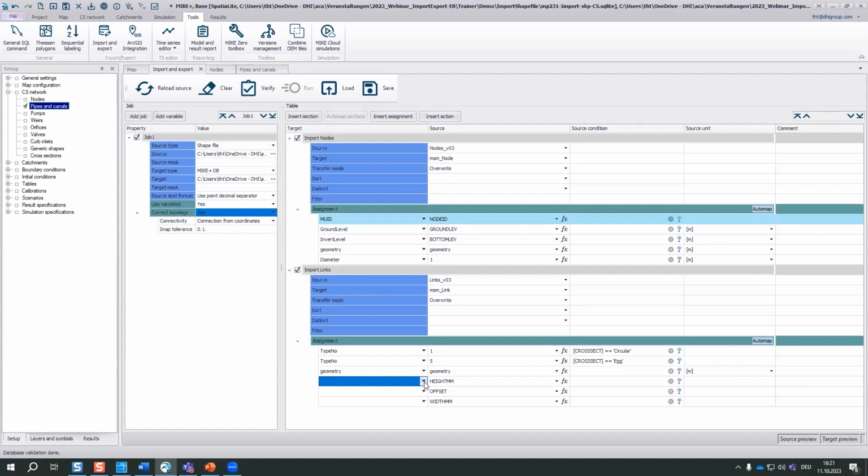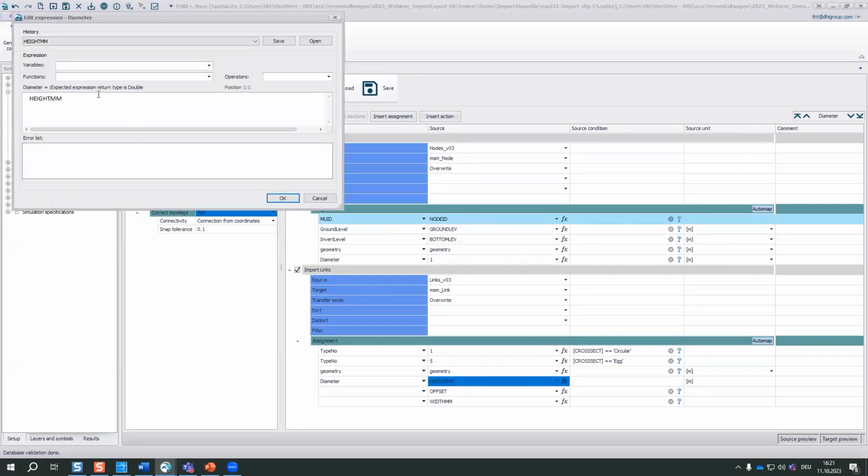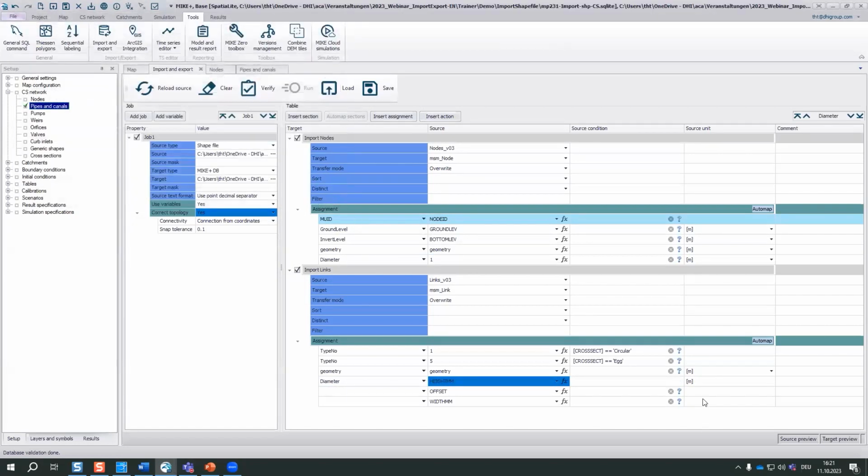This goes for circular and egg shapes into the field diameter in MIKE Plus. And I could add something like times 1,000 here, but again, to make the thing more transparent, I could say that the source unit is not meters, but millimeters. And then it's a simple mapping, including conversion of units. Offset we won't use, and width in millimeter we wouldn't use. So verify,